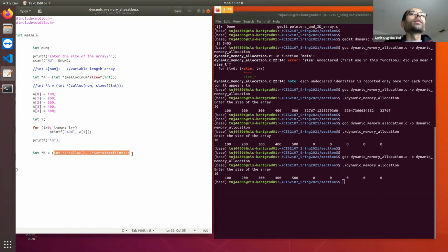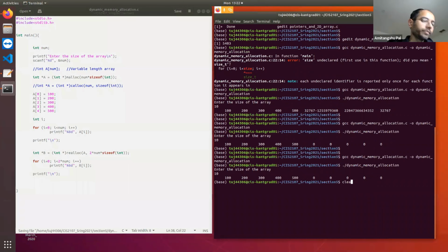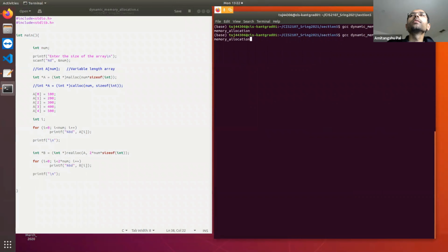Now if I print, for i equal to 0, i less than 2 into num, i plus plus, printing %d of b[i].